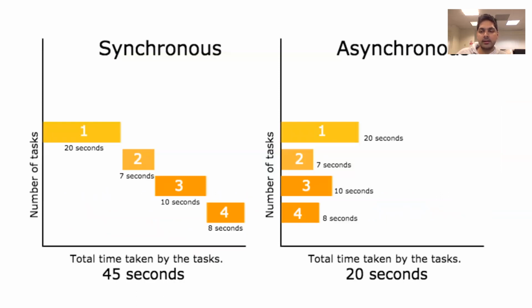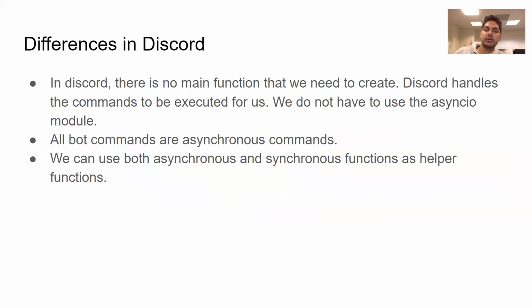So, a synchronous comparison. Let's say we have 4 different tasks. We run them sequentially and they might take 45 seconds to run together. But with asynchronous programming, sometimes you might have to wait for a query or wait for user input, and so the same 4 tasks could take 20 seconds. So we could save a lot of time. And that's why we love asynchronous programming.